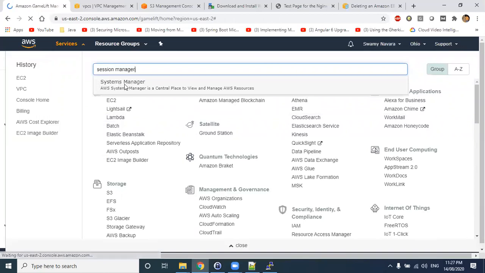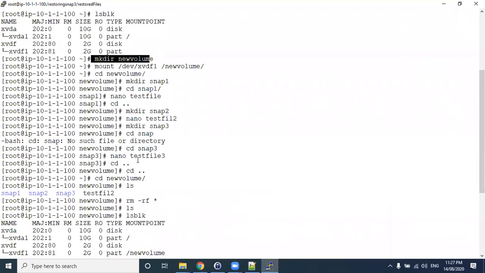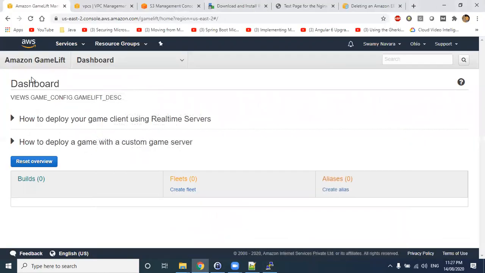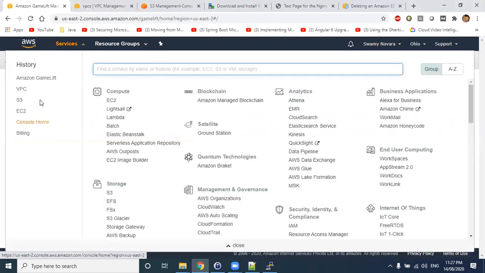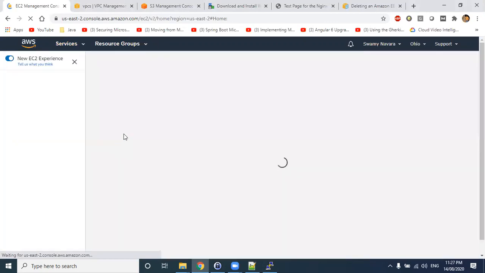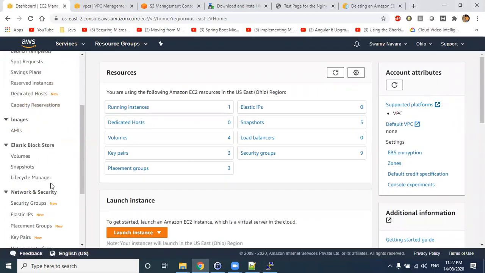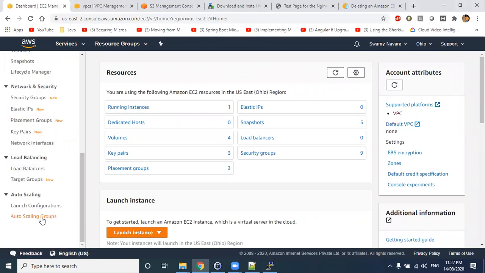It will be under Systems Manager. Now, if you want to run some simple command, you take a PuTTY client and log in inside the PuTTY tool and execute the commands, right? So session manager will help you to automatically fire those commands directly from your session. So that we'll see in tomorrow's session. Session manager and key pairs will be our session tomorrow. Then we'll have load balancer and ASG.